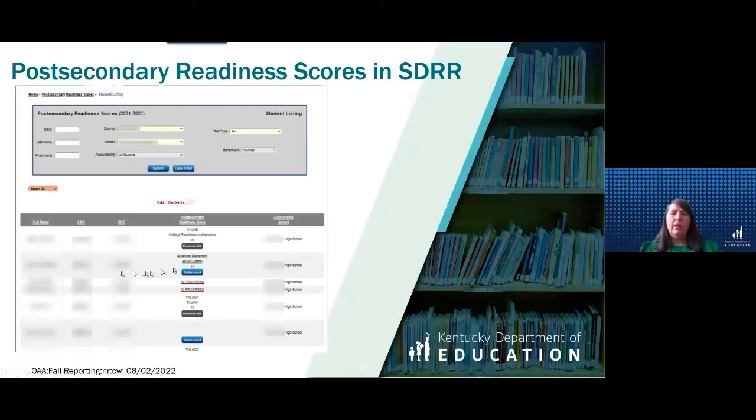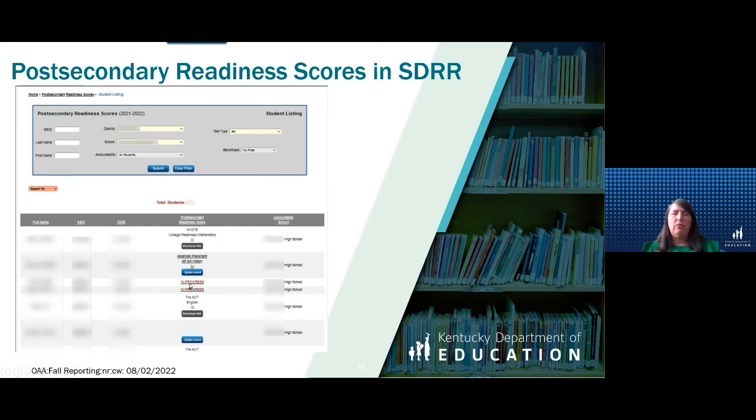So when you go into the student listing and you find the student, you'll notice that the student did not meet the benchmarks, and see that one that says in progress. That means somebody has gone in and has an official report, scanned the official report onto their computer, and then uploaded it here.